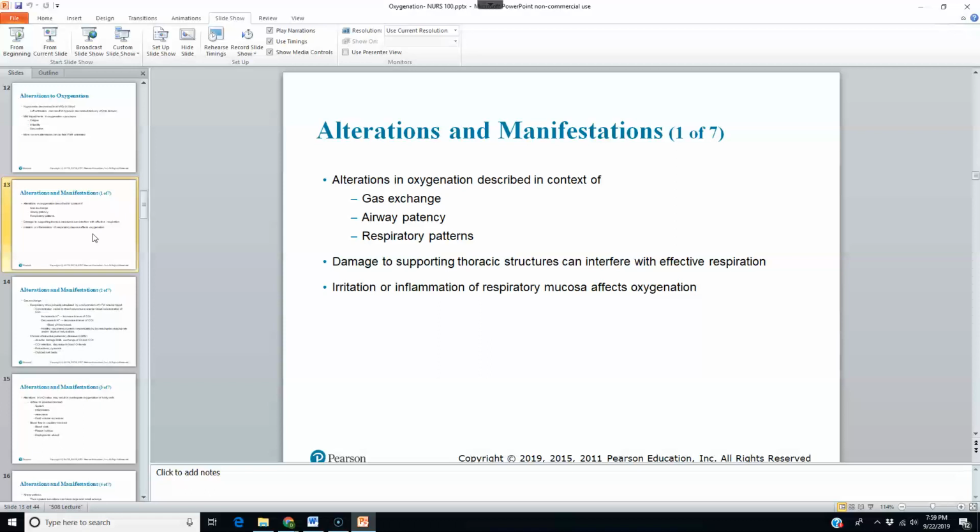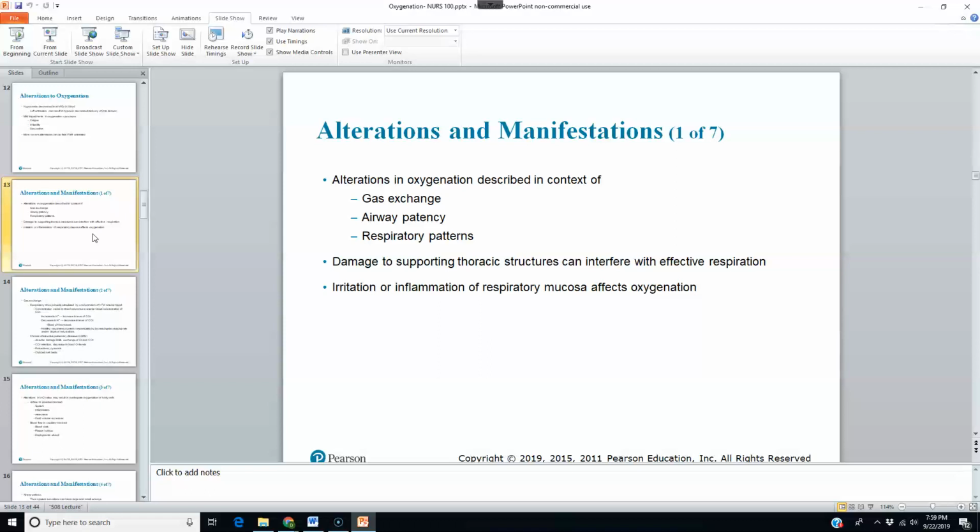Some of our kids who might be in severe distress due to infection, due to whatever the problem may be, may suffer from what we call retractions, which are manifested as drawing in of the chest wall, and those are really ways in which we're kind of clued in that the patient is definitely hypoxic. Or when we look at color,